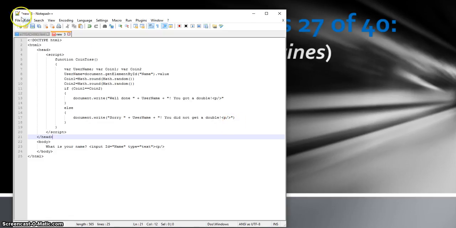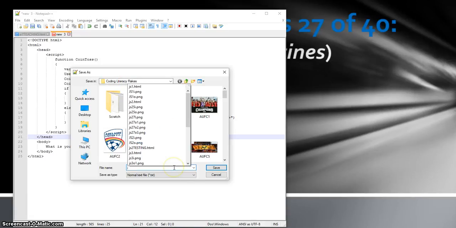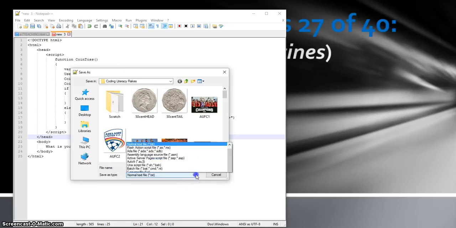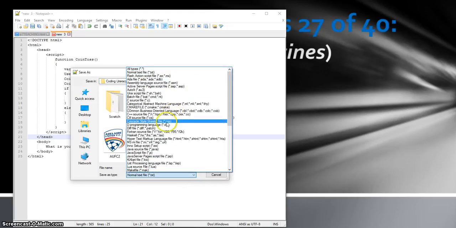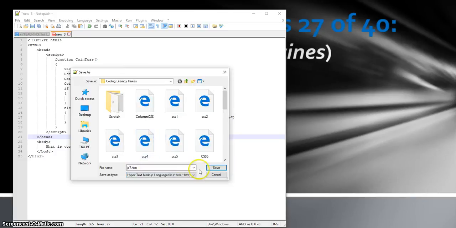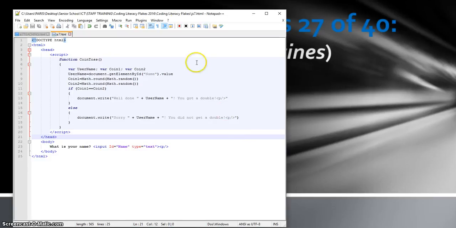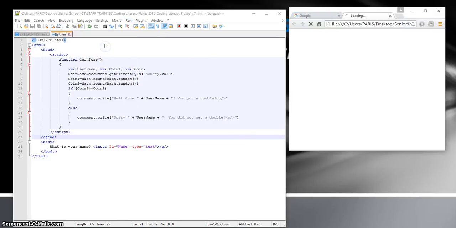So if we were to save this, so file, save as, I'm going to save this as JavaScript 7, and it needs to be HTML. I'll always type it in. There it is. Save it. Okay, it's done, and we can have a look at it to see what's happened so far. So Chrome, run it,